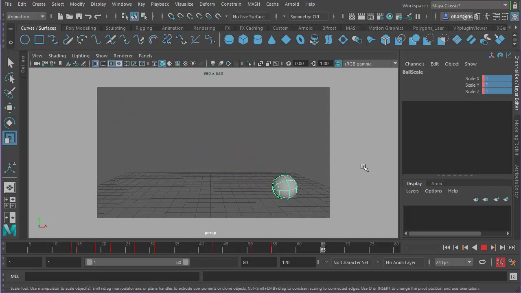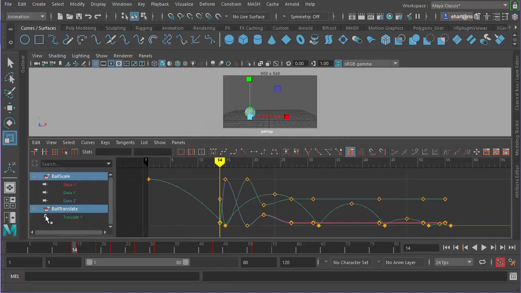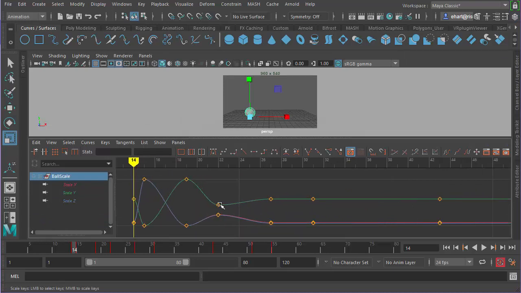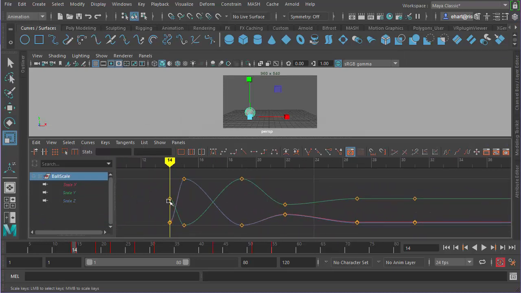The next two, the ball looks like a steel ball bearing because it's not stretching at all. So rather than repeat all of those steps to get a nice squash and stretch for each subsequent bounce, I will copy and paste keyframes. I'm going to clean up this view by unpinning those extra channels, and I'll look only at the first